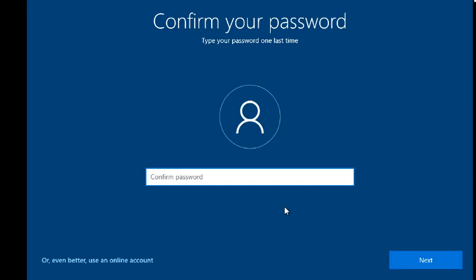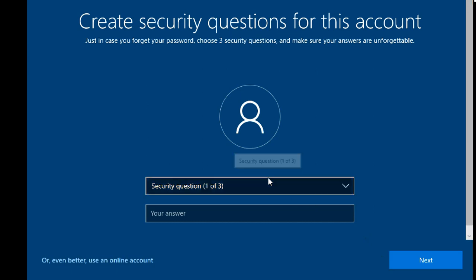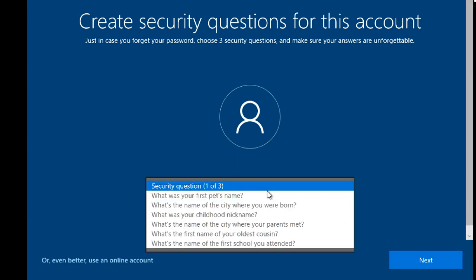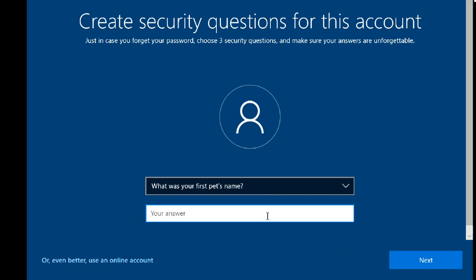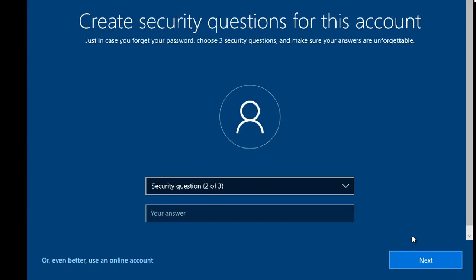Next, confirm password. Next, it is asking security questions. Put anything because it's a virtual machine. Favorite pet. No, I don't have any pets.